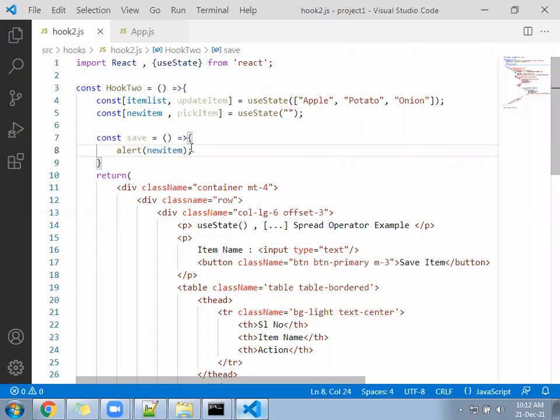Okay, ready? Come down now. In the class component, you have learned how to pick the value. That was a little different. We used to write a function in the script part, and after that, that function we used to call here. We are also going to call it like that only, but see here, the function is already written, called pickItem. The variable is already defined, called newItem. Now this pickItem and newItem, we have to call here.